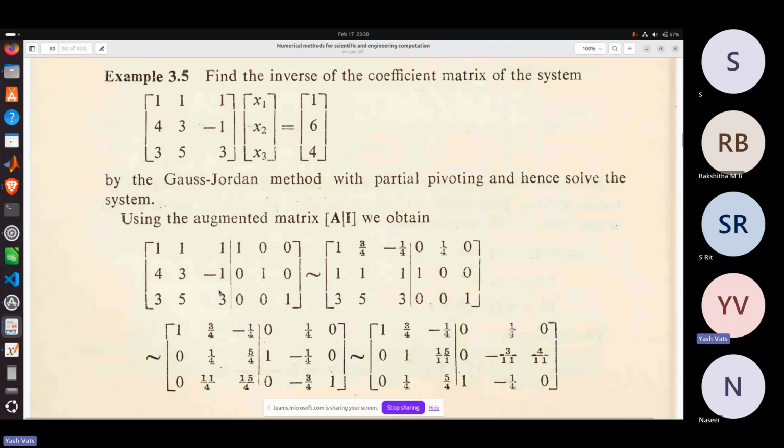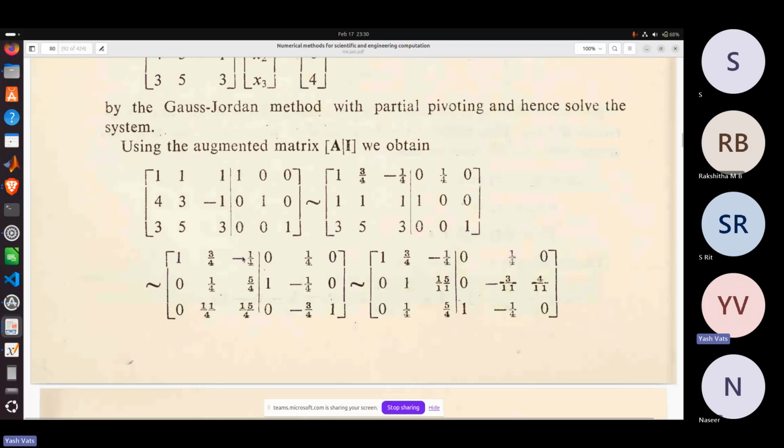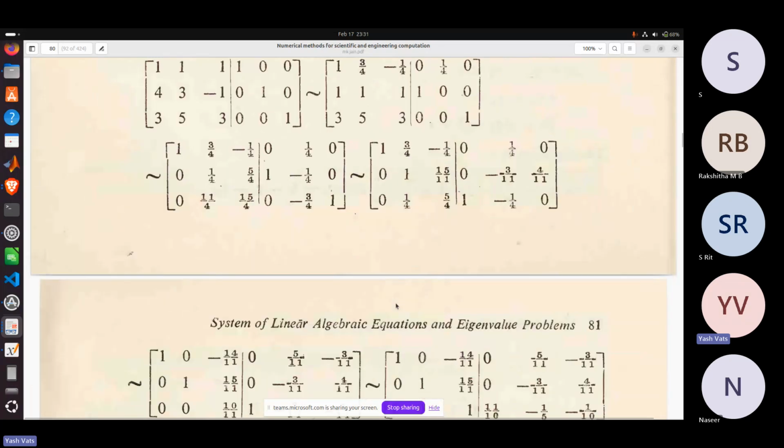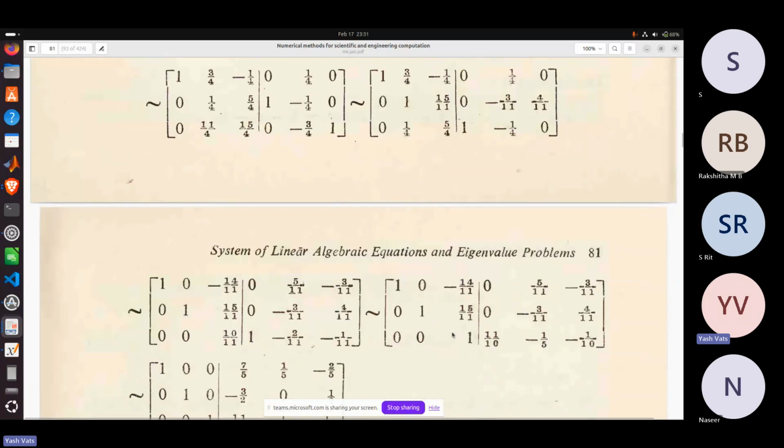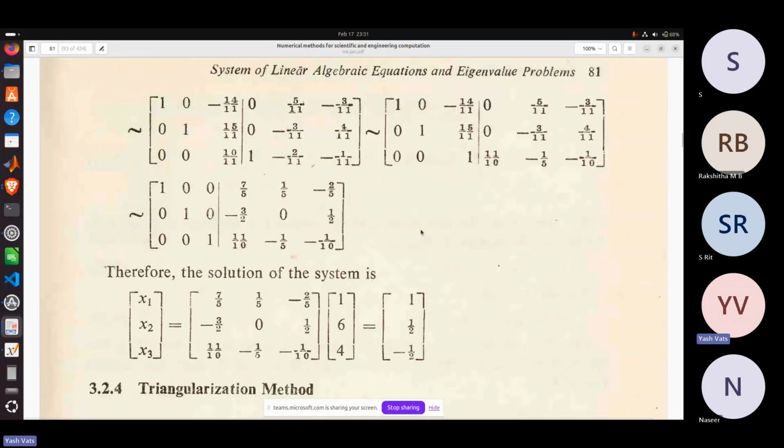You put the matrix A here and I here, and then you try to make zeros, doing the same operations on both sides as in Gauss elimination. But the thing is that you need to make 1 on the diagonal. So the difference only lies in making 1 on the diagonal,